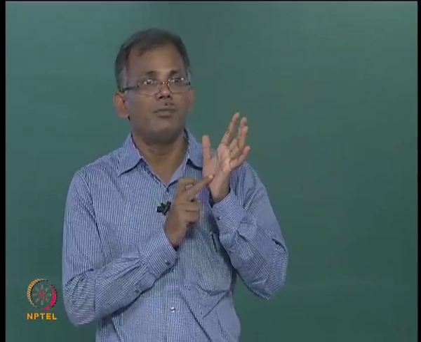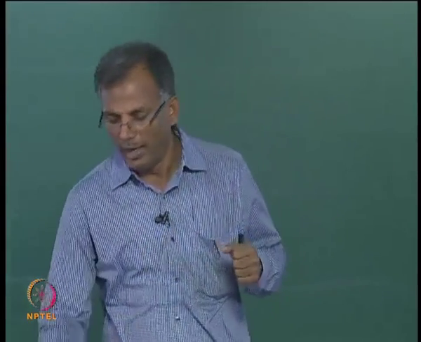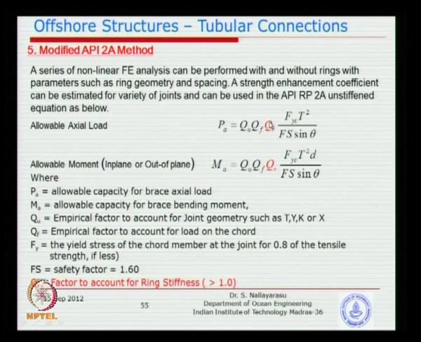The last one is very simple also. So we have geometric parameters for the joint, we have parameters for the presence of load, which are QU and QF, and QR, you find out one more empirical parameter just because of the presence of the ring. QR will be 1 if there is no ring, and QR can be an enhancement factor, and some of my students have published a few papers, have carried out tests as well as FE analysis, and come up with